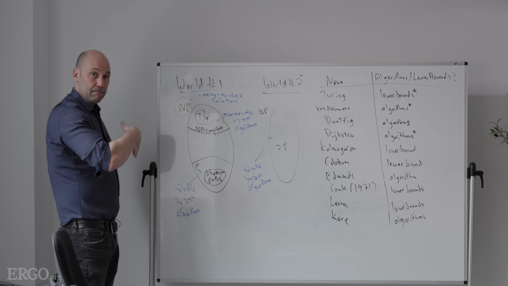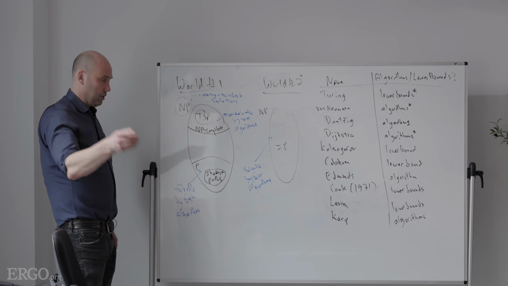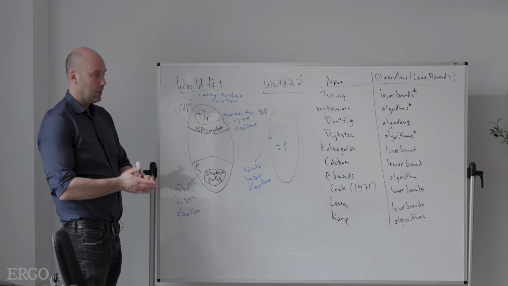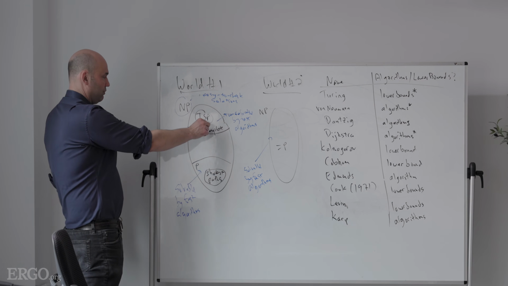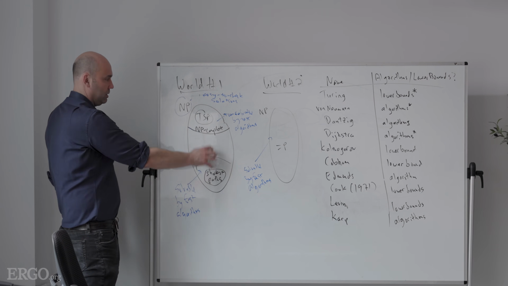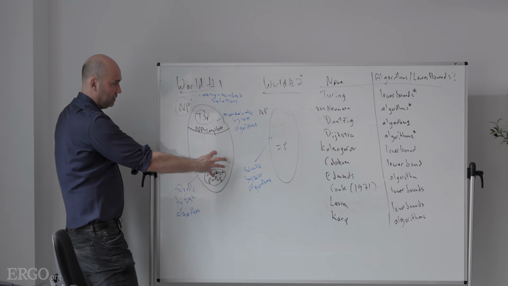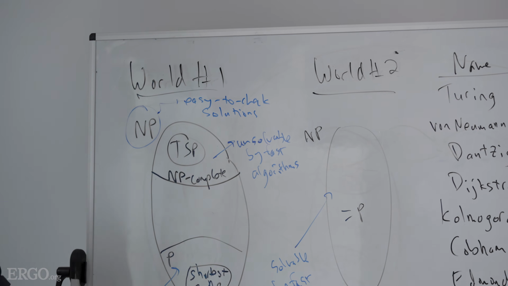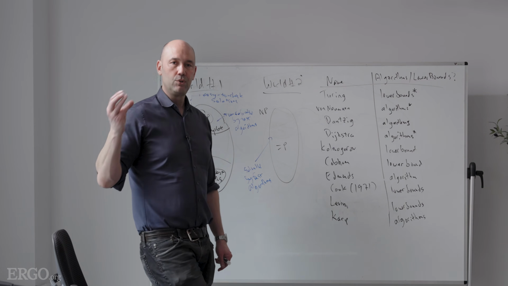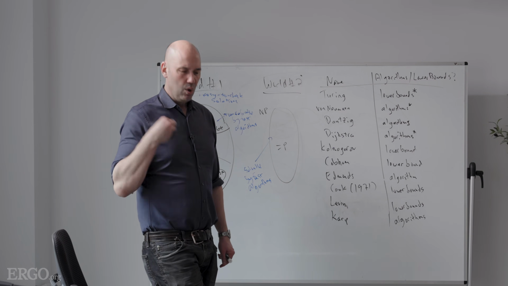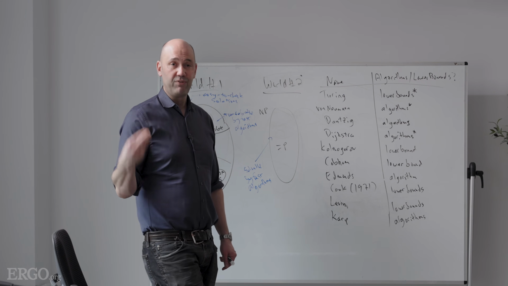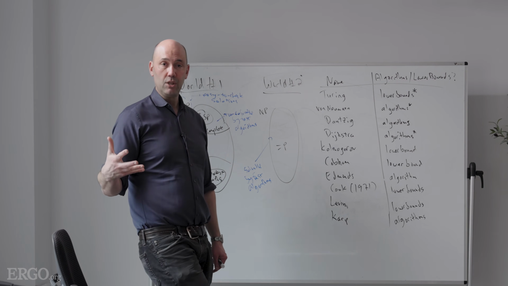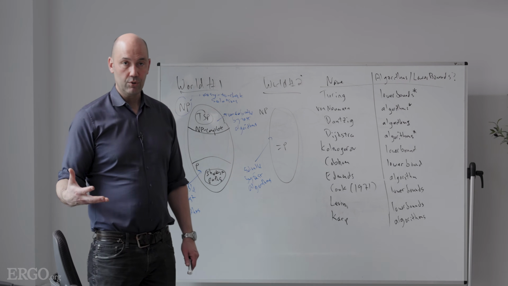On the other hand, if anyone ever finds even one algorithm for even one NP-complete problem, everything collapses. These all share the same fate. If you can pull one of these into the easy region, all of this goes into the easy region, and we live in world number 2. The world where there are generic algorithmic shortcuts for all problems where solutions are easy to recognize. Whenever you can recognize solutions, you can also find one far more quickly than you might have originally expected, far more quickly than through exhaustive search.